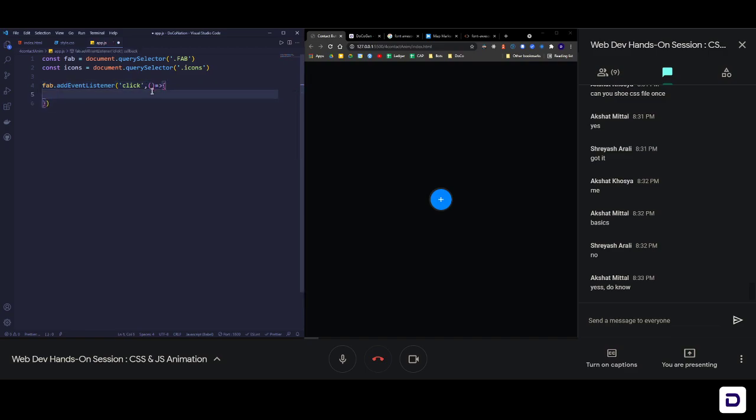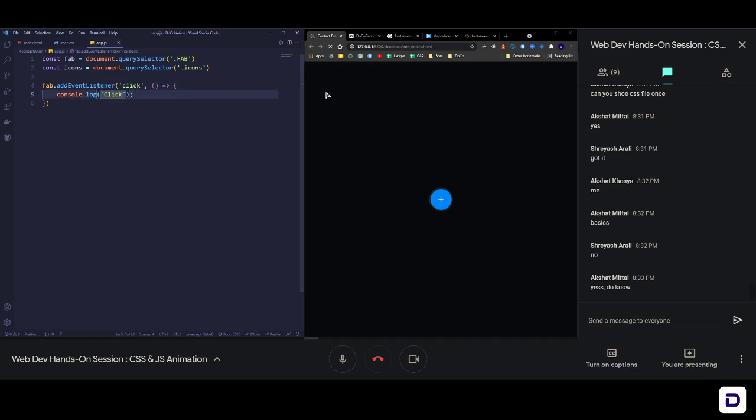This is how you create a function through ES6 standards. This is a new way of creating functions using an arrow. It's called an arrow function. You create a function like this: parenthesis, then equal to and greater than sign, and then you open the curly brackets. That's how you do that. So we are tracking for the click event, and whenever we click, this should happen. Just to check whether it's working or not, I'm going to place a console.log here, and I can say click. Save it.